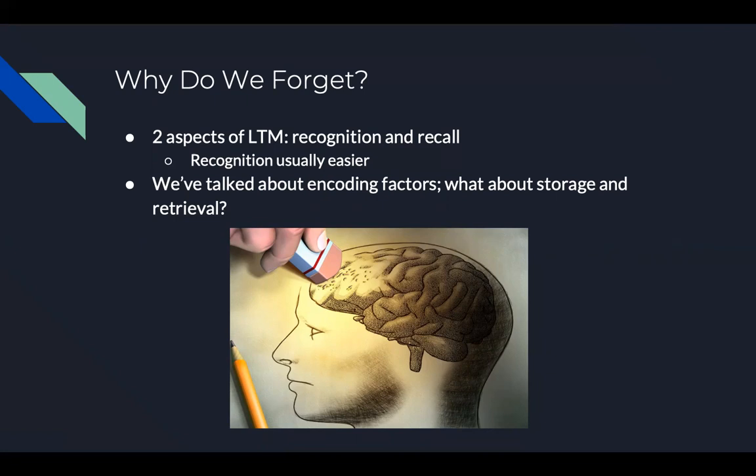And so there are factors that are involved in the processes of encoding, storage, and retrieval. We have talked at length in the last chapter on working memory about the factors that influence the process of encoding. But what about the factors that might influence our storage and retrieval abilities?